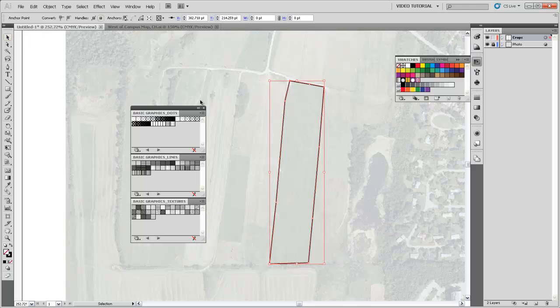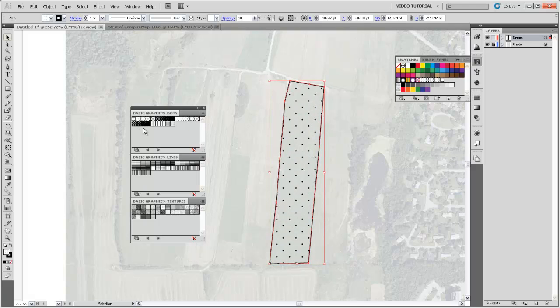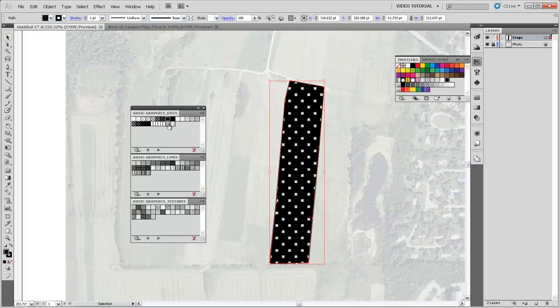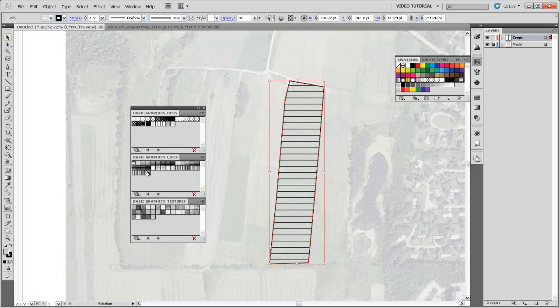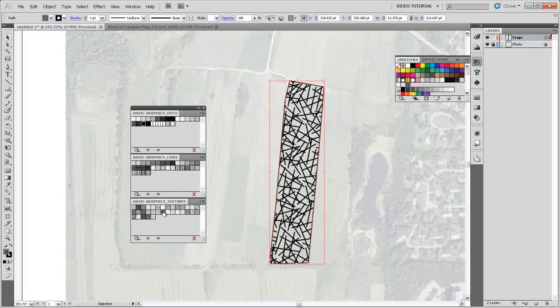So if we have our area selected here, I'll just grab it with the selection tool so the whole thing is selected. As long as our fill swatch here is at the top, so we know that we're giving this area some fill, we can go ahead and just select one of these textures, and you'll see that it will populate that area with the texture, and there are all these different scales of different dots. We can do lines as well, different types of line textures, and then there are also these pattern